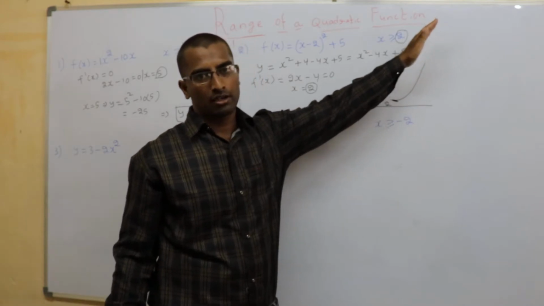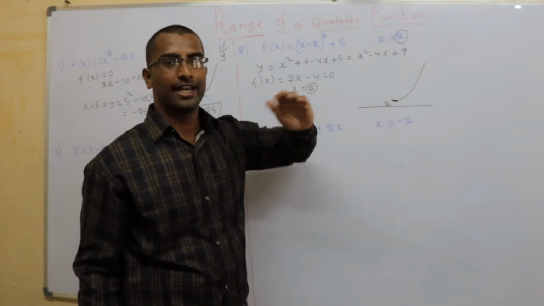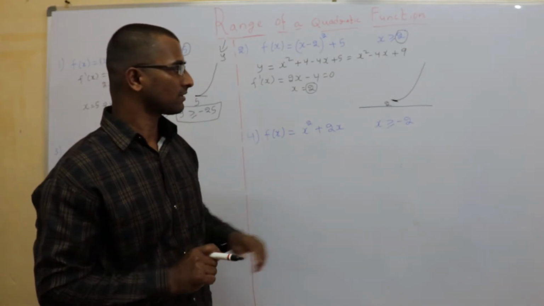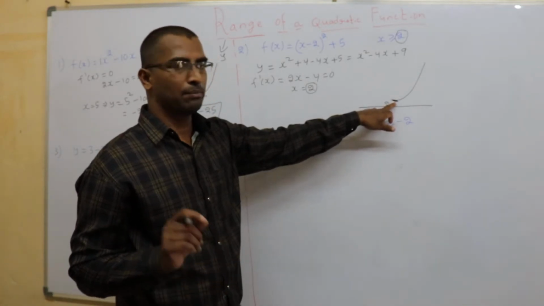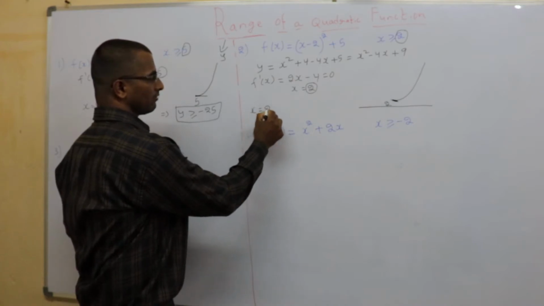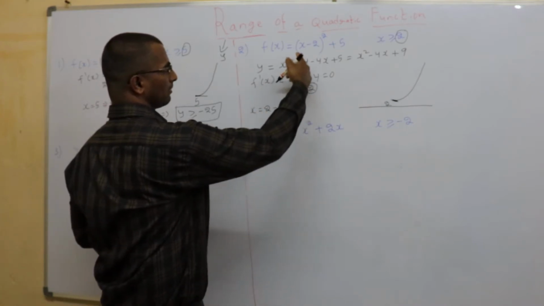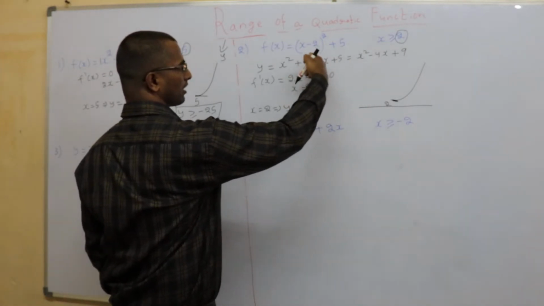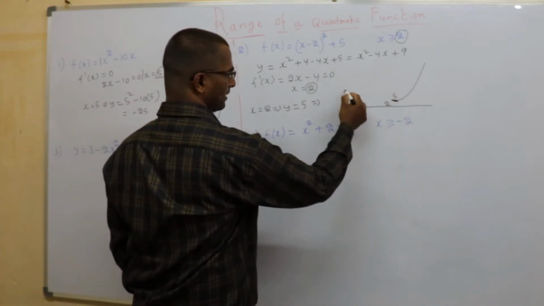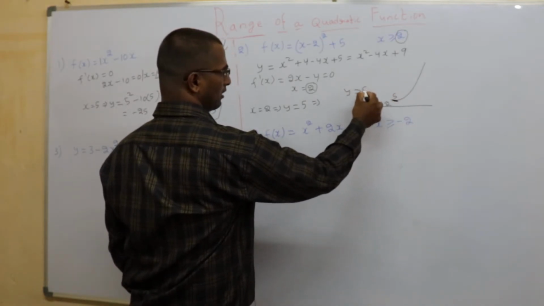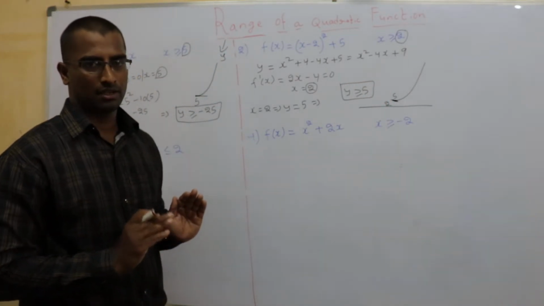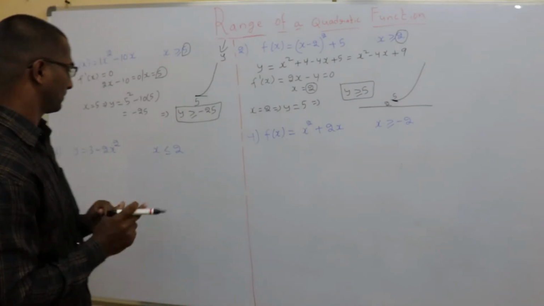As x values are going on, the y value will also be going on increasing. I cannot say anything for the maximum of y. One thing for sure I can say is this will be the minimum value for y. Let's find out how much that is. So when x is 2, how much will y be? Place it, either this one or this one. I get 5. At this point y is 5, which means that is the minimum value. All other values are greater than this. So this is my range. Simple, clear, right?